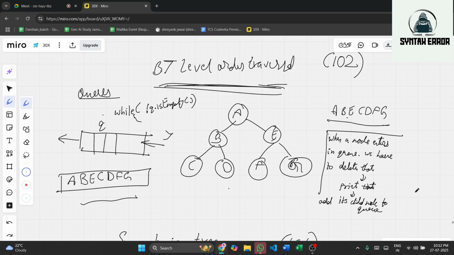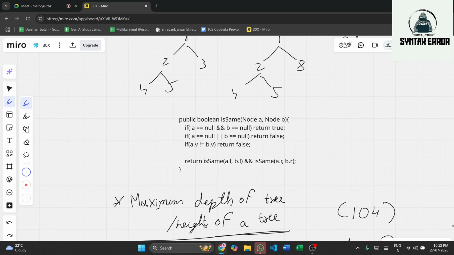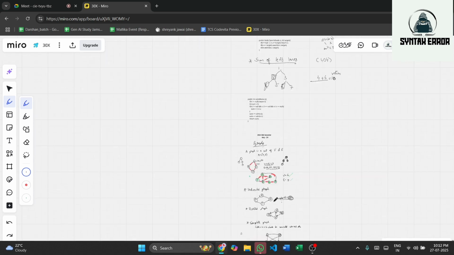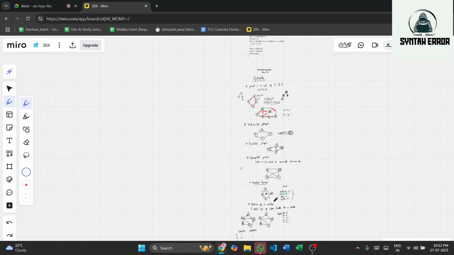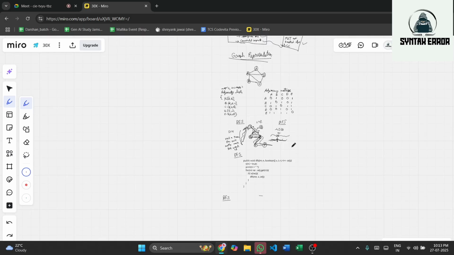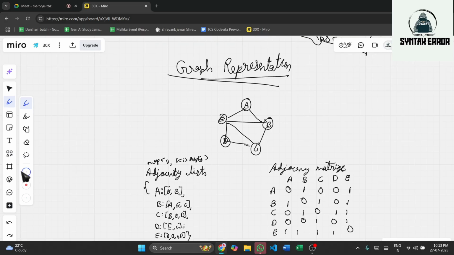That's it. So basically we put our first node in a queue. Then we delete that node, print that node, and add the neighbor nodes of that particular node to the queue. Then we will get the BFS. We will understand it with a simple example. Let's take this graph example, okay?